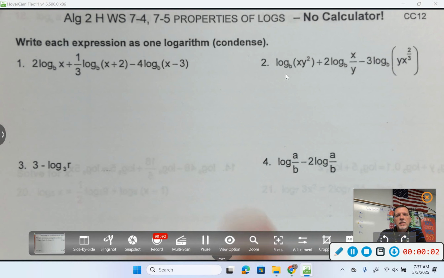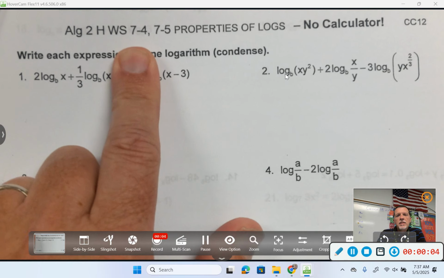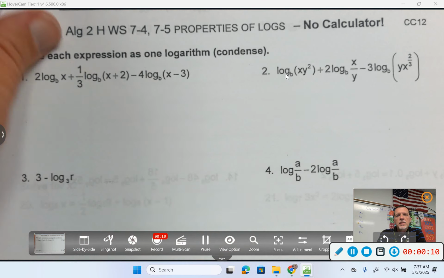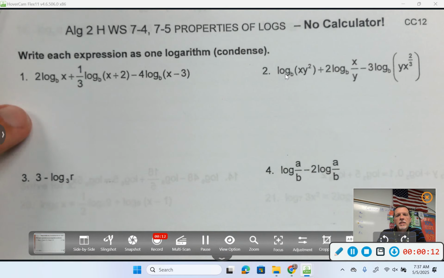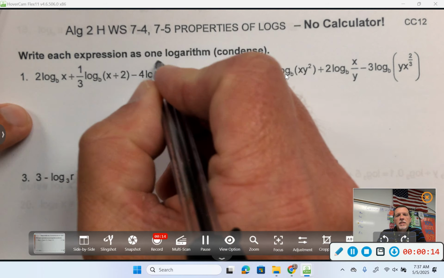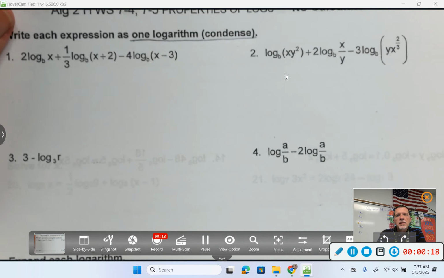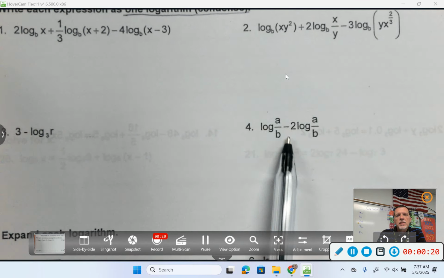Okay, so looking at this worksheet, the next one in the packet, we'll do 5 together, and you'll have time to work the rest of them. So, divided into sections here, write each expression as one logarithm. That means condense. Okay, so looking at number 4,